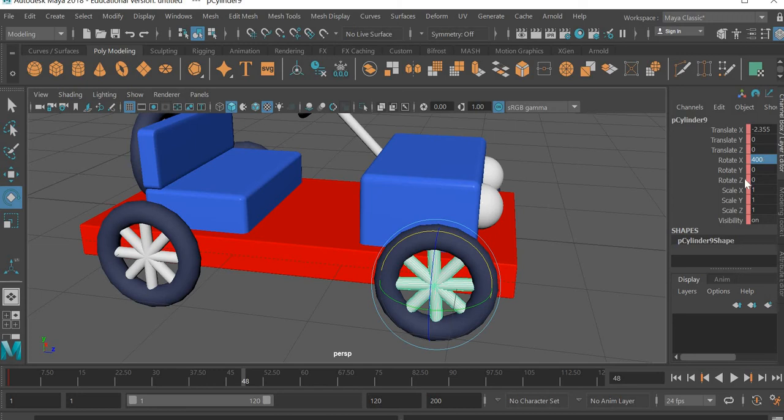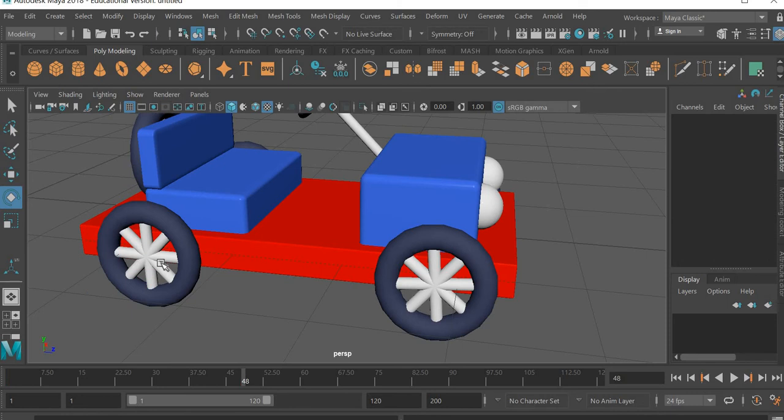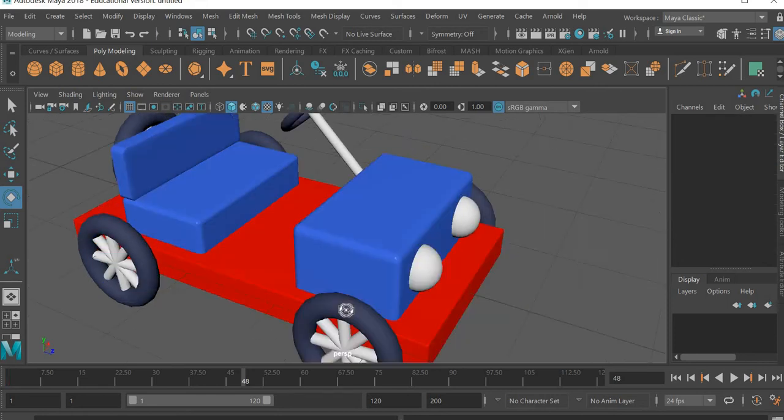400 S, select this one, 400 S, select this one, 400 S, select this one, 100 S. Okay,